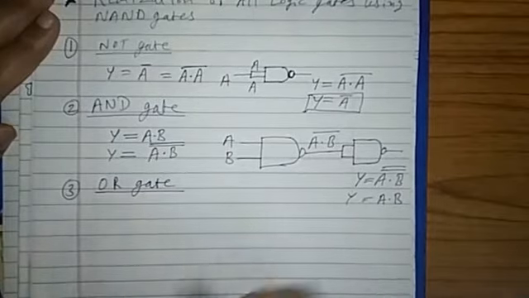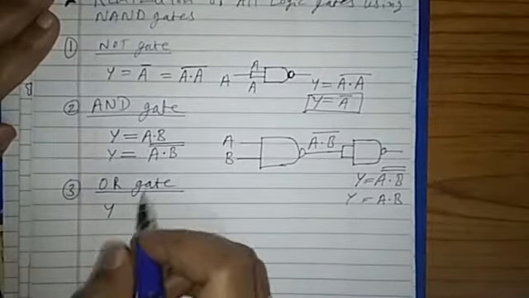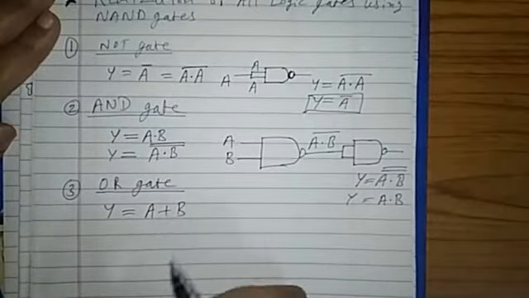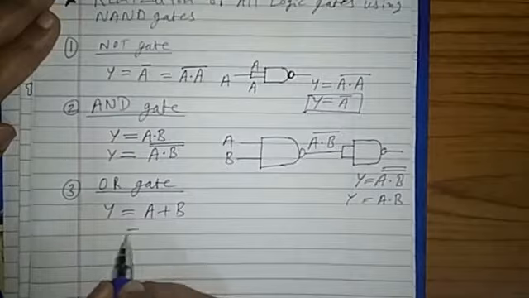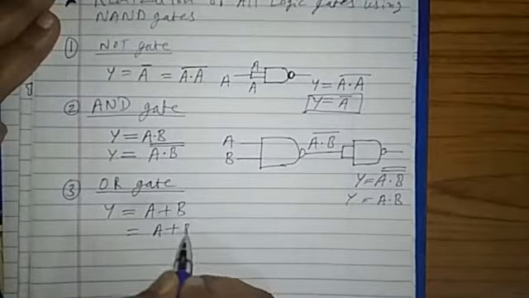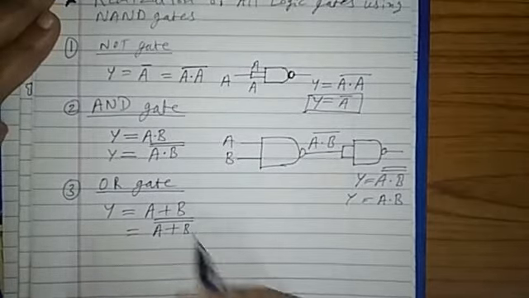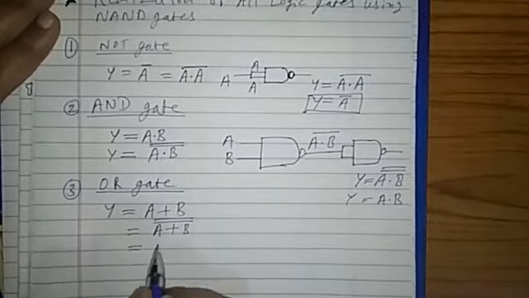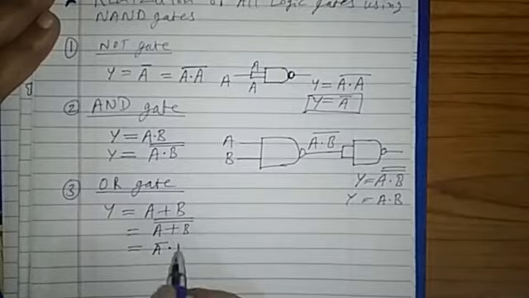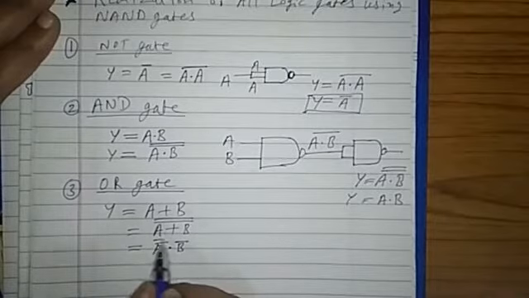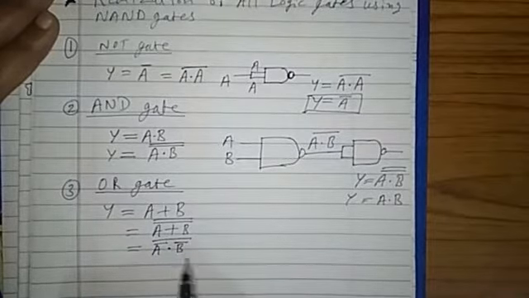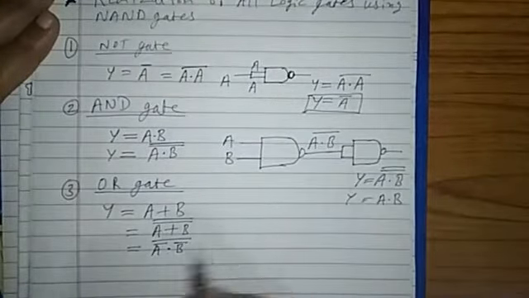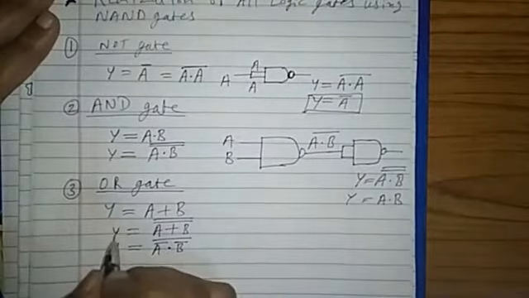Now similarly I'll go for OR gate. What logic expression do we have for OR gate? OR gate, Y equal to A plus B. Now I use the 2 times complement for this so that it will not change the expression, double complement. Now if I apply De Morgan's theorem, complement of sum is equal to product of complements, (A bar dot B bar) and whole bar. Now A bar, B bar I can implement using NAND gate, and then dot and whole bar. Therefore this expression is enough for me to implement.